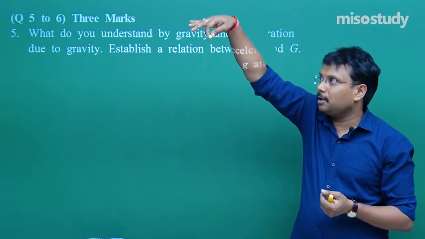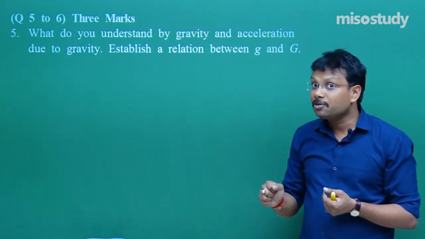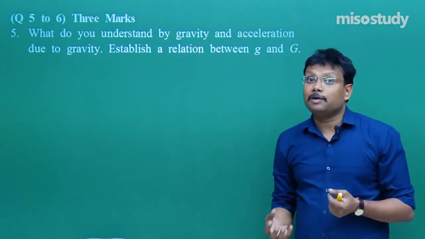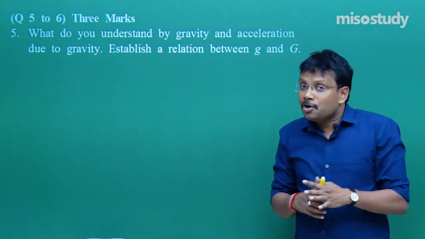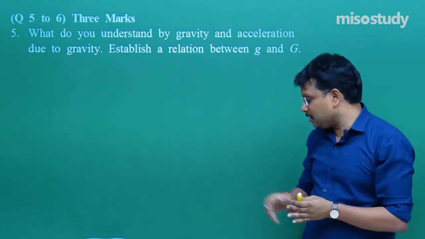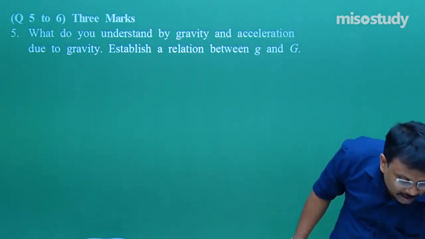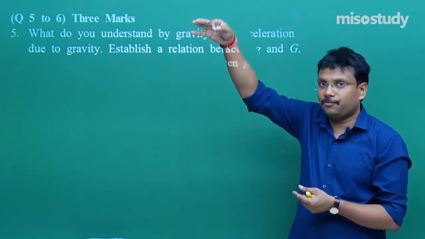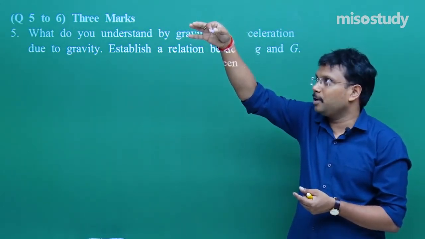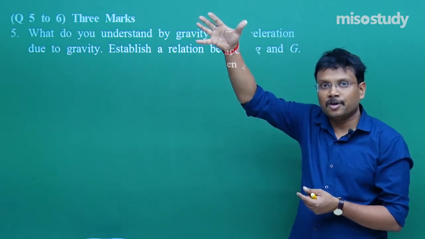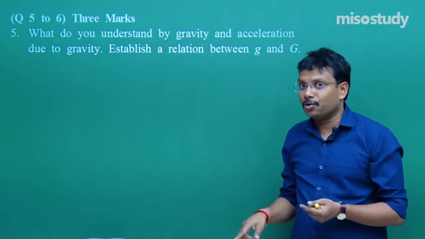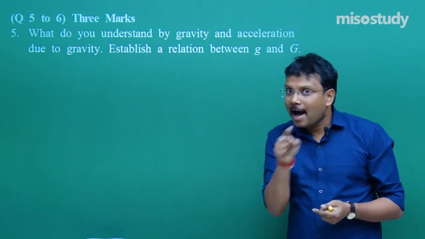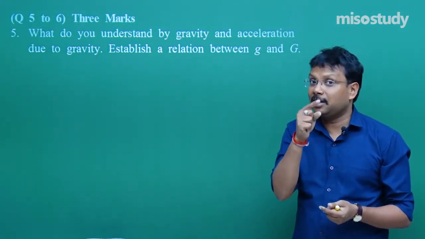Now if I am dropping it and it goes down, it means what? Force of attraction is acting. So the force of attraction will induce some acceleration. So that acceleration, here in this situation, let me pick up another small chalk. Let's say this way, I am dropping. I hope at least for a few fractions of a second you will notice it like this. So what will happen? This force is pulling it down, fine. So the acceleration that is coming into the picture is acceleration due to gravity.